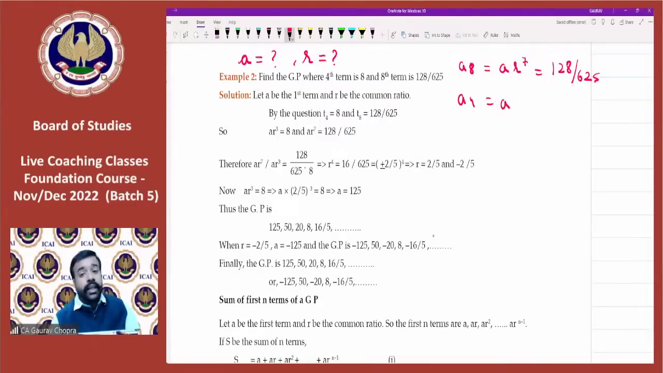It can be written as A R to the power of 3 is equal to 8. So these are the two equations. So now